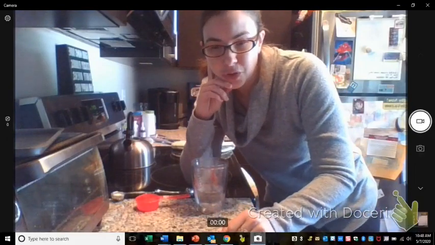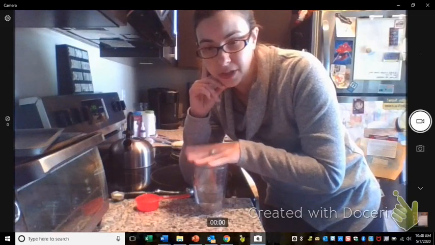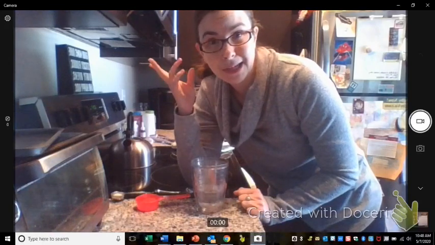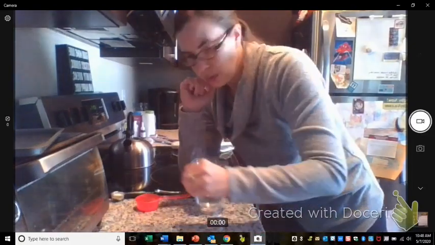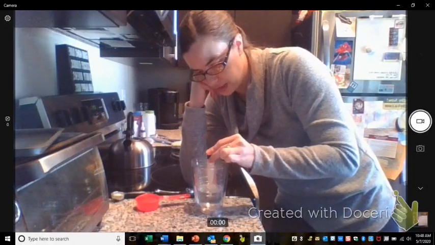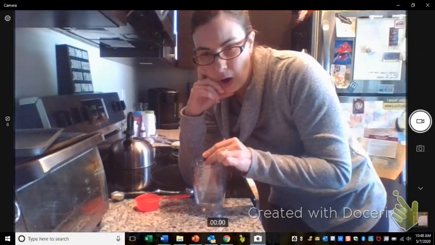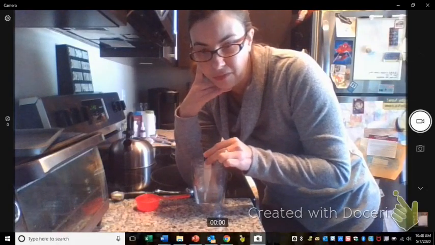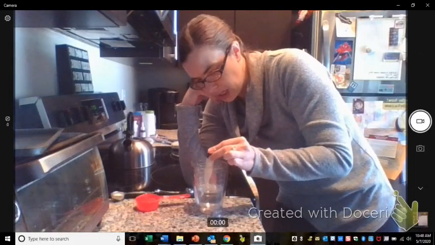For demo number 1, I have measured out 100 grams of water. The demo says a styrofoam cup. I didn't have a styrofoam cup, so I have a plastic cup here. What I'm going to do first with my thermometer is measure the temperature of just this room temperature water. On your note sheet, I want you to record right in the very first blank where it says initial temperature. This water is reading